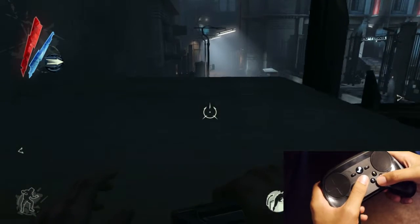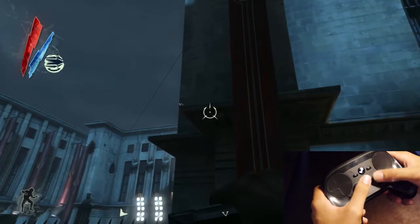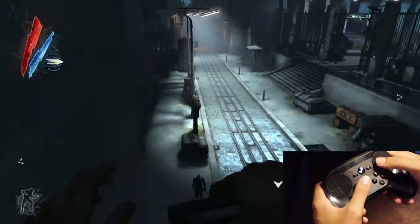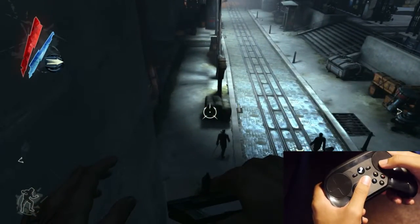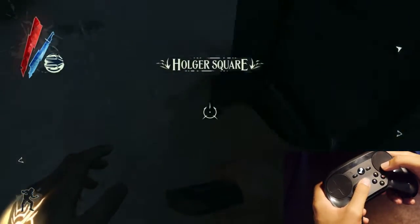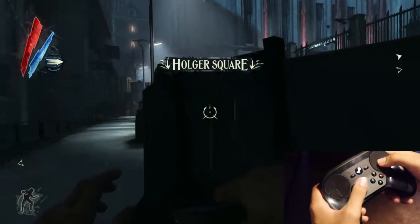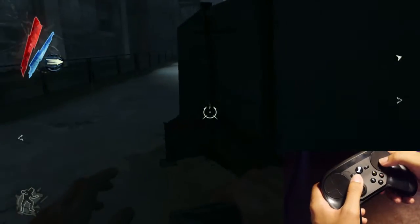And granted, with some games, it's not really that big of a deal because you can always crouch, regardless of whether you run or not. Crouching will help you sneak by. But I really like the thumbstick because it feels more fluid in terms of movement. That's just me personally. I mean, I still like using WASD on the keyboard, but I think the controller,